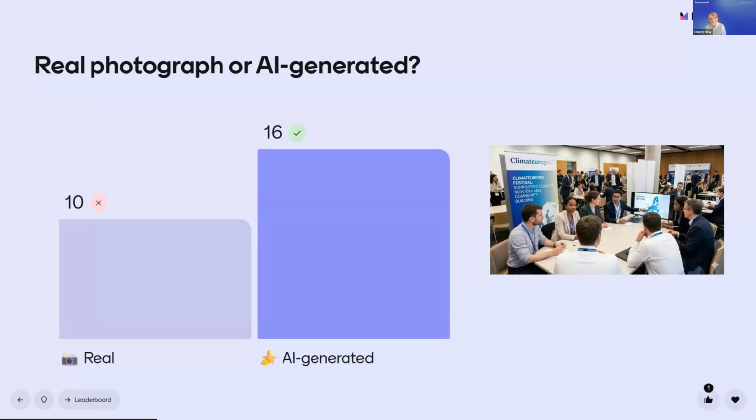Yeah, those of you who said AI generated, you're correct. So I actually asked Nano Banana to depict a Climate Europe event, so you can see the banners and stuff. And I think it's actually done a really good job. So there aren't any weird, like, 7 fingers on one hand,